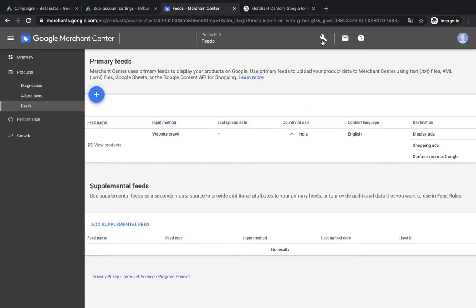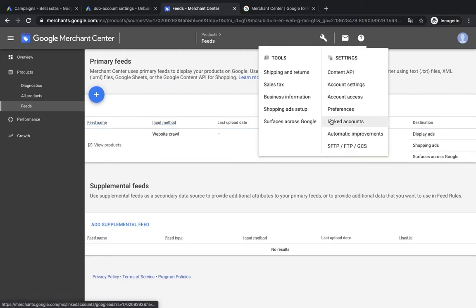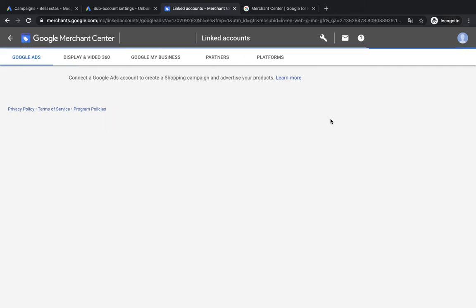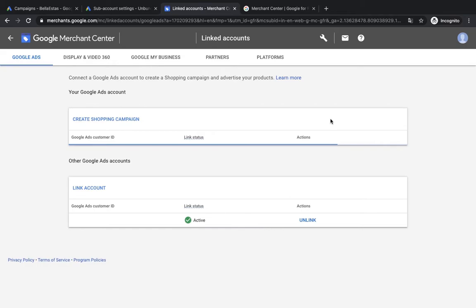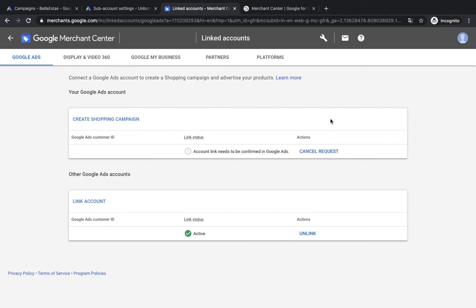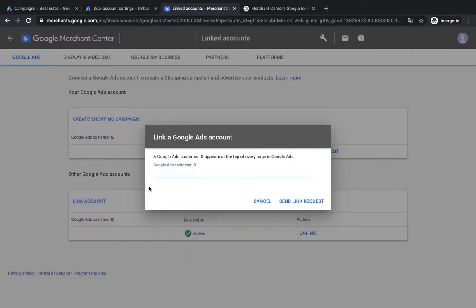After doing this, you need to link the account with our account as well. We'll give you the concerned person's ID, and you need to link your account with that person. Over here you need to just paste that ID and send a link request. After sending your link request, that person needs to accept it.